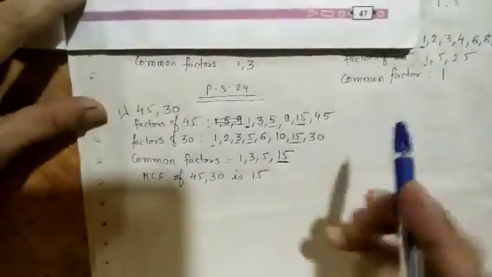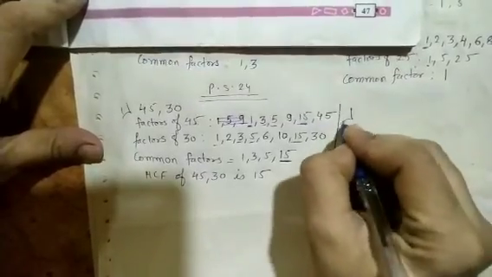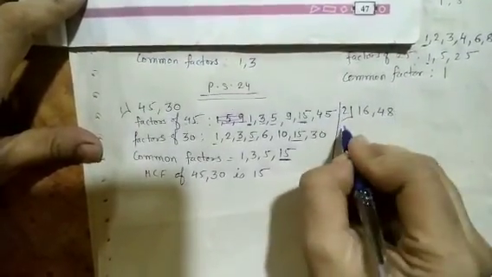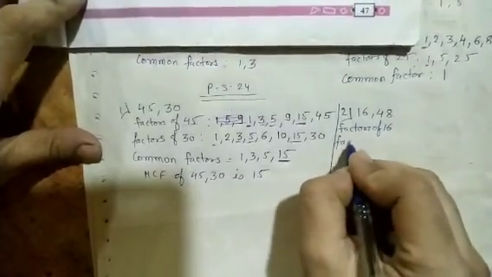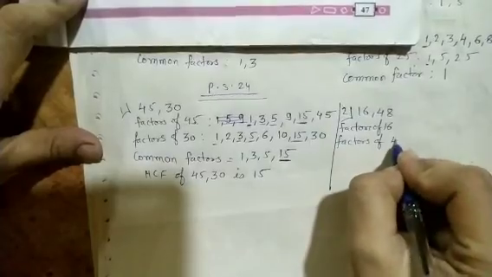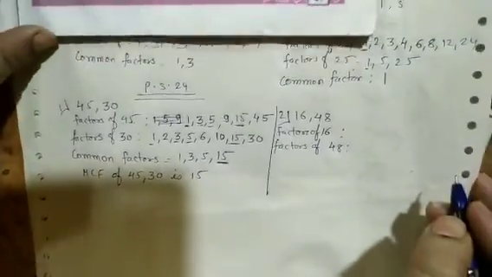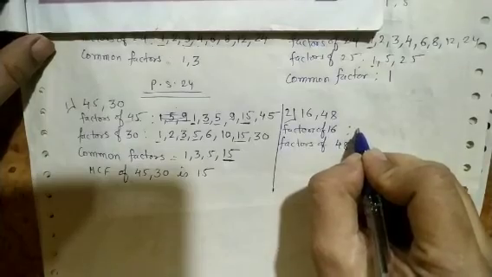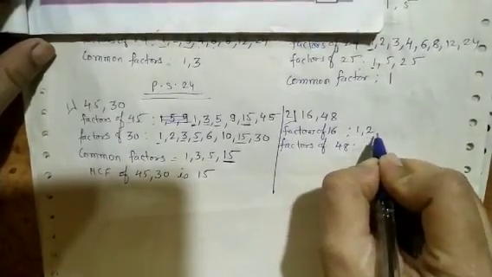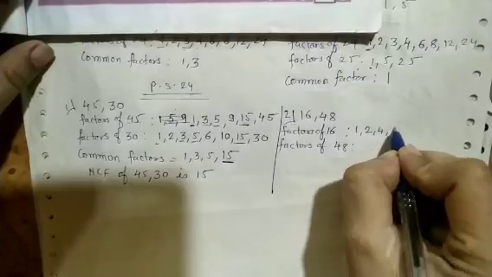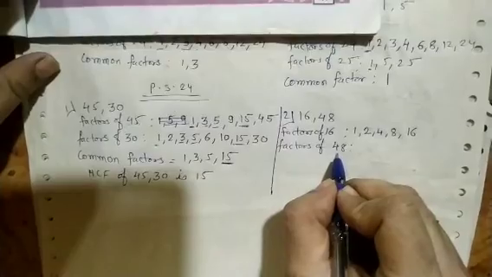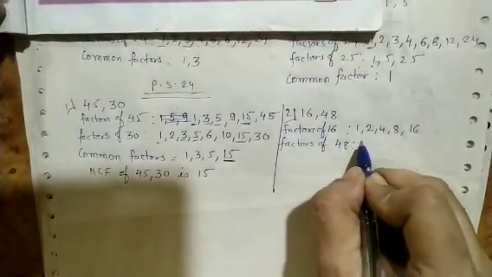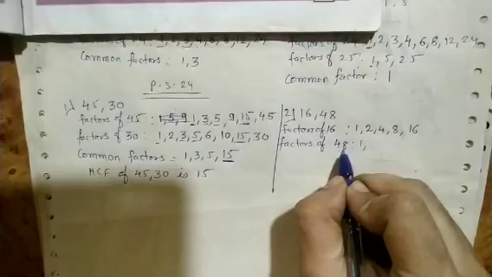Now see the next one, that is 16 and 48. The second question, 16 and 48. Then find the factors of 16, factors of 48. Okay, then factors of 16 is 1, 2 8s are 16, 4 4s are 16, 8 2s are 16 and 16 1s are 16. Now 48, the factors of 48 is 1, it is divisible by 2 also, that is in unit place there is 8,